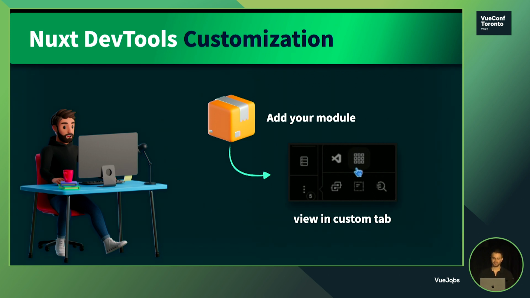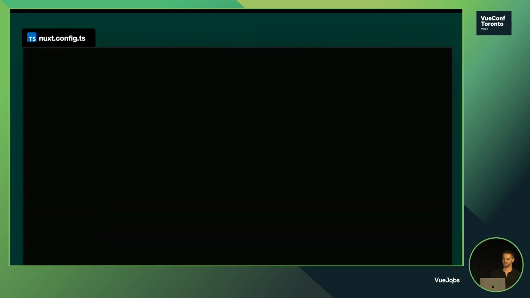You can either do it by registering your custom tab using the utility kit provided by the Nuxt DevTools, or you can use a Nuxt hook to do that. And so we're going to show a simple example demoing how to do that with a Nuxt hook. So let's say we want to, within the DevTools, have the ability to see the Nuxt docs just within the tools. We can head into our Nuxt config, and